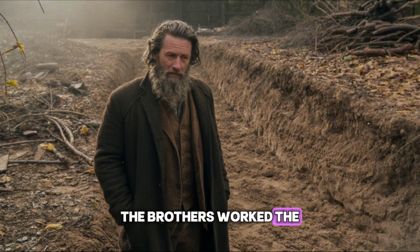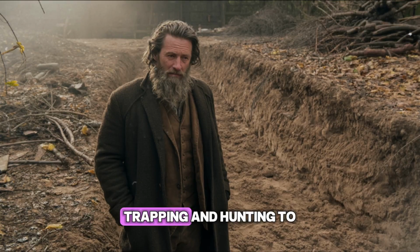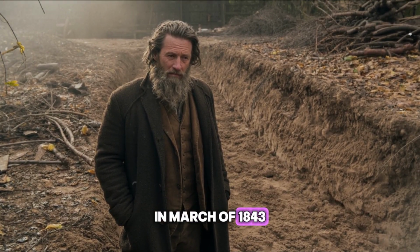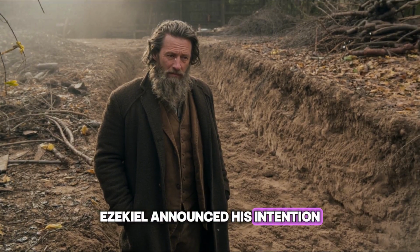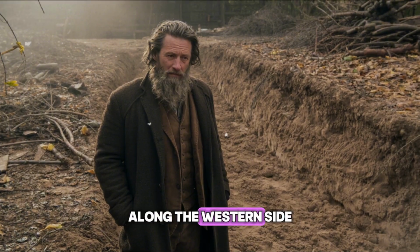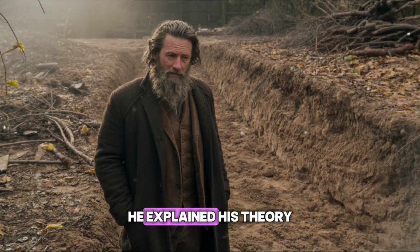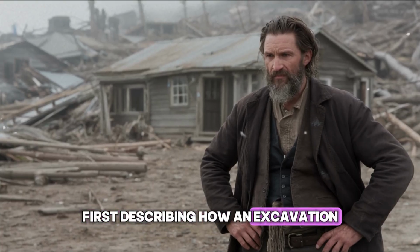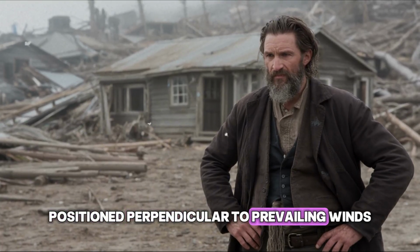The brothers worked the land together through the winter, trapping and hunting to supplement their income. In March of 1843, Ezekiel announced his intention to dig what he called a wind deflection trench along the western side of his cabin. He explained his theory to Caleb first, describing how an excavation positioned perpendicular to prevailing winds